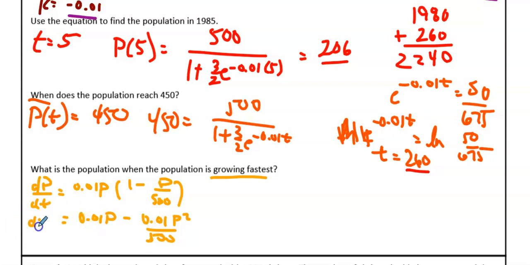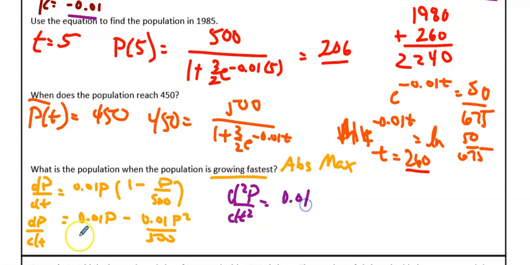What I'm going to end up doing, and why I decided to do it this way, is I want to find the derivative of this. Because remember, if we want to know when it's growing the fastest, we want to know when the rate of change of our differential equation is actually going to be the largest. So we want to find an absolute max, right? So this question is really going back to an absolute maximum of our differential equation. Whenever you guys are asked to find when the population is growing the fastest, you're going to find your second derivative, because that's really important for what we're going to do. And so I'm going to be left with 0.01. Here's our easy one. And then when we move the 2 down, we're going to have